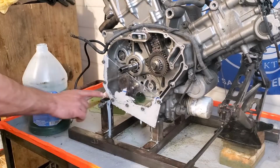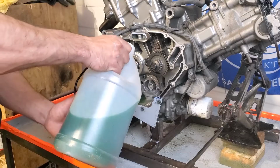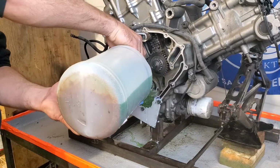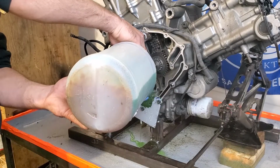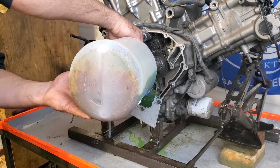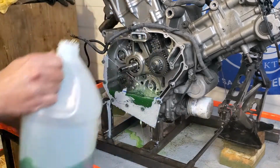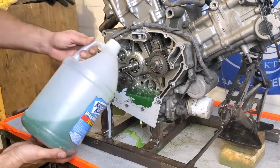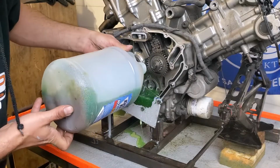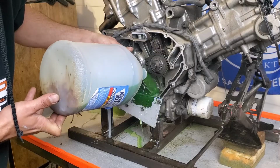So I have the line halfway between full and low marked, and I'm gonna add a bunch of old coolant just because it's green and easy to see. Yeah, this is a leaky mess, and it does come out at a fairly good rate, but it'll give us enough time to show this. So I'm going to put it a little over full just to give me a few more seconds of screwing around with it,